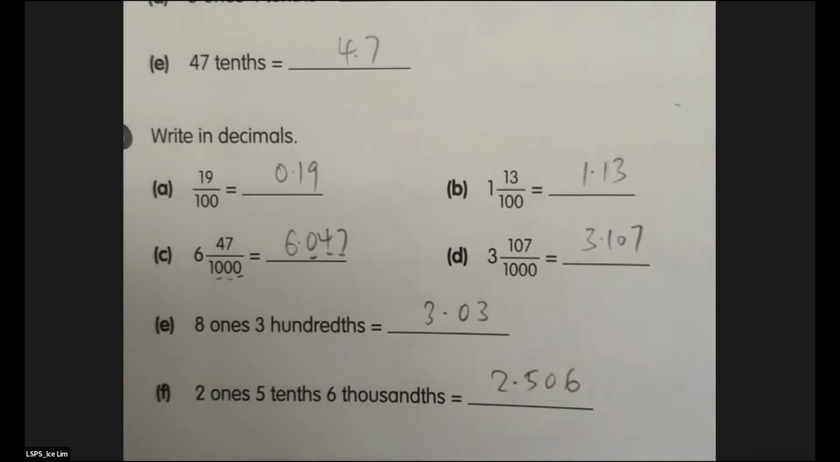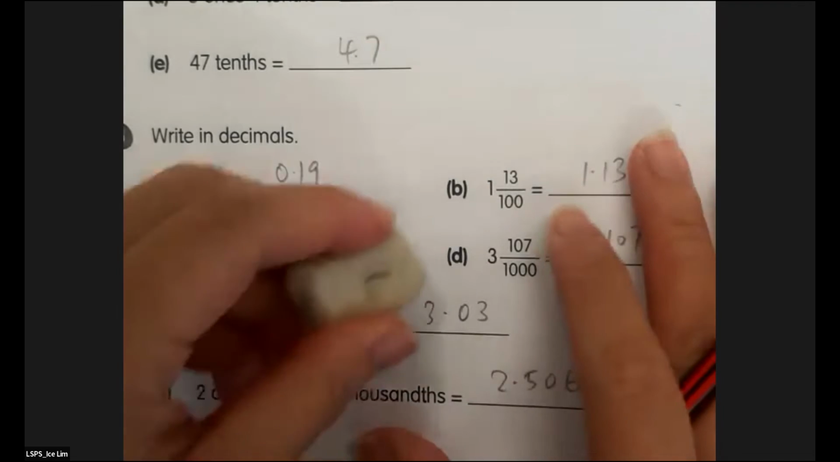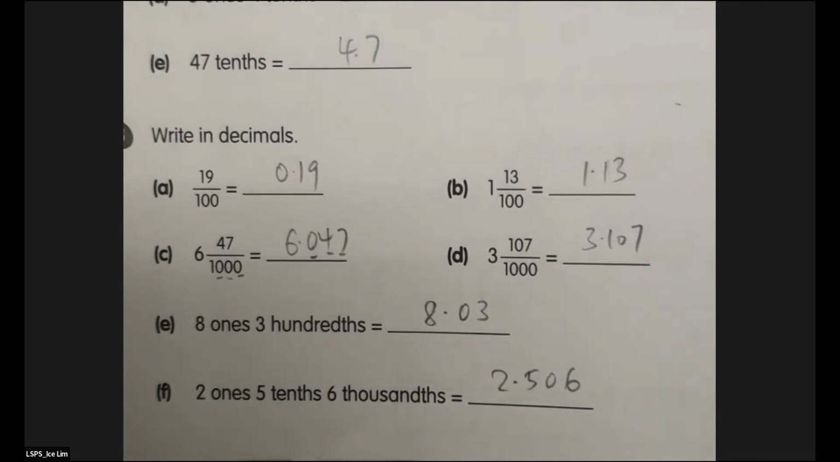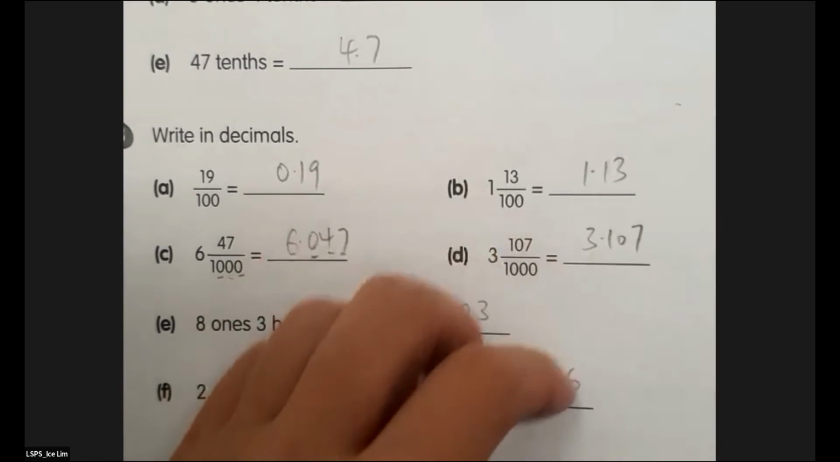Okay, all correct? Sorry, I went too fast. 8 ones and 300s. 1900s, 1, and so that's a mixed number. 1 and 1300s, 6 and 47,000. Okay. 1 second, 6,000. Okay, followed by in the decimal